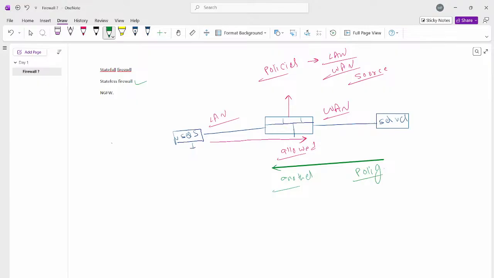Now in the stateless firewall, how many policies do I need? First, I would need a policy from LAN to WAN. Then the second policy is required for WAN to LAN. This is because in a stateless firewall there would be no sessions created or no record created